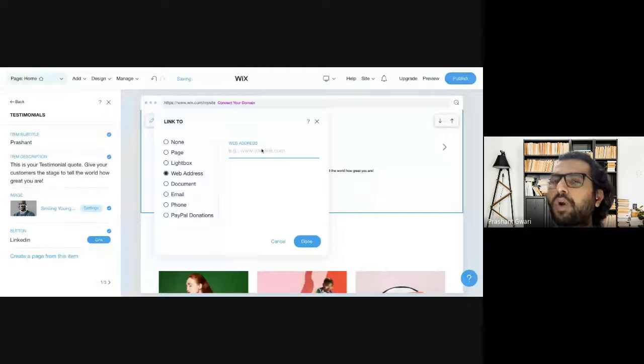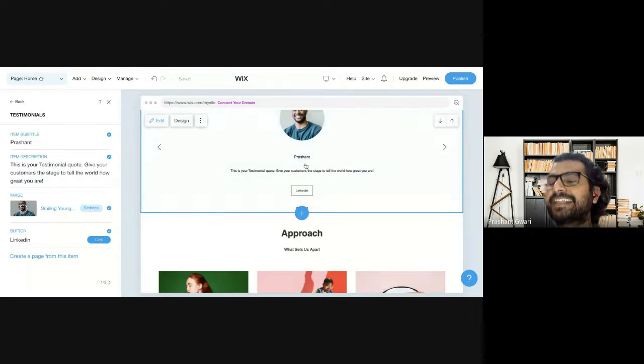So if I want to connect my LinkedIn profile here, I will copy the LinkedIn profile URL or Facebook profile URL or Instagram profile URL or the website domain name, and I will paste it here. So they can verify if this is an actual review or testimonial from a client or it's a fake one. So that's how you can impress your customer.